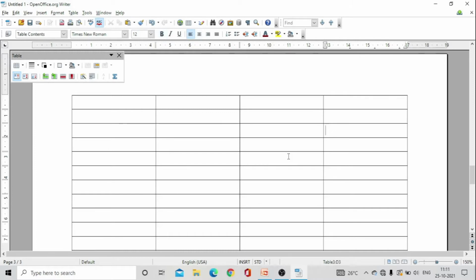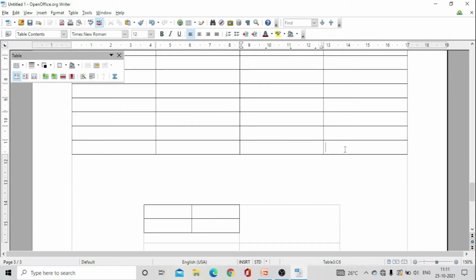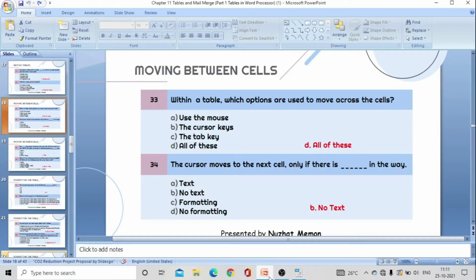If I use tab key, it will move one cell forward, as you can see, but you cannot move backward from it. So what can we do for moving it from backward? Don't worry, we have a question for it also. And if I come in last cell of the table and if I press tab key, then it will generate a new row itself. So yes, we are having question about it also here. And yeah, we forgot to say about the text.